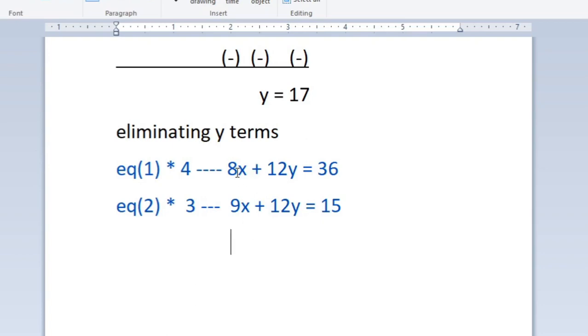Before going through the subtraction, you have to change the signs of the second equation. Here the sign is plus, it becomes minus. Next, come to y term. Here the sign is plus, it becomes minus. Come to RHS. If you cannot find any sign, there will be plus. So this invisible plus becomes minus.